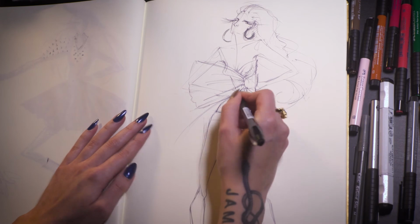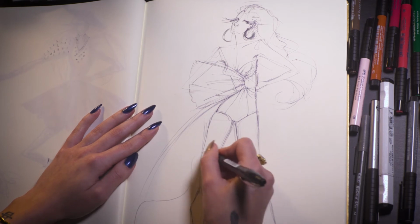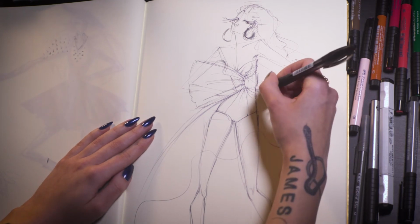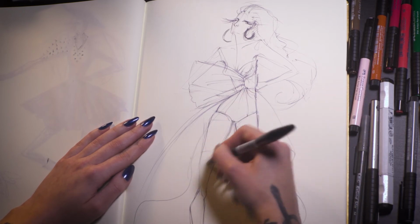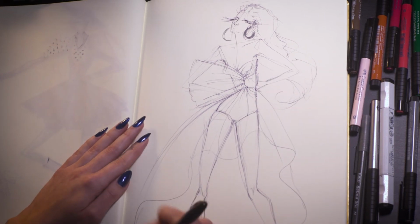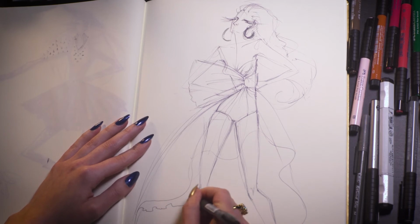The inspiration behind this look was subconsciously very ballet inspired. It's somehow very soft while having an aggressive, large silhouette. So I am drawing a very, very large skirt and some ruffles, gathers at the waist. And I somehow recall Lady Gaga at some point wearing an enormous proportional bow, could have been on her head, but I did pull a lot of the inspiration of the general silhouette and execution from ballet